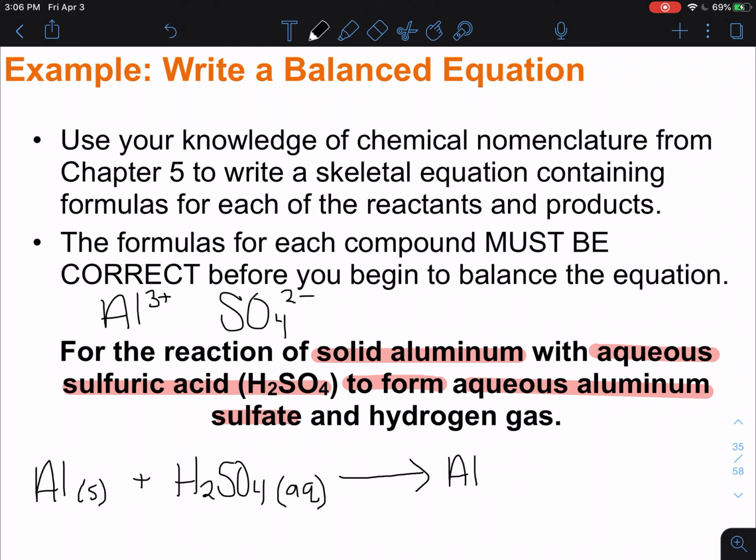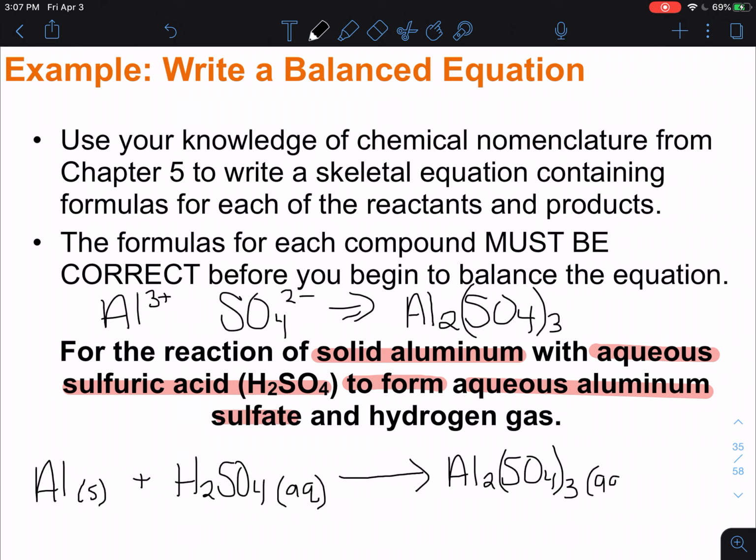We have to find a common multiple, which is 6, so that means for every 2 aluminums, we're going to need 3 sulfate ions. So it's going to be Al2(SO4) subscript 3, okay? And that's going to be aqueous, so we're going to write subscript aq,